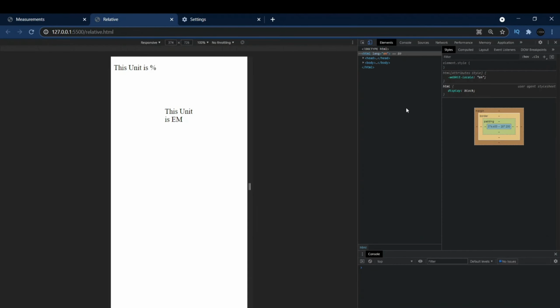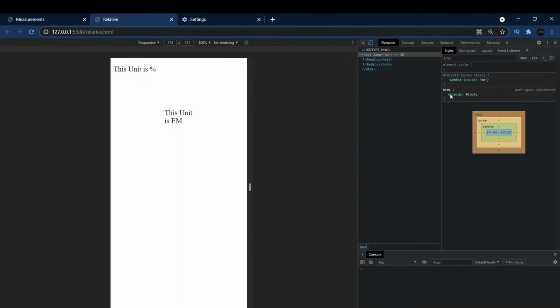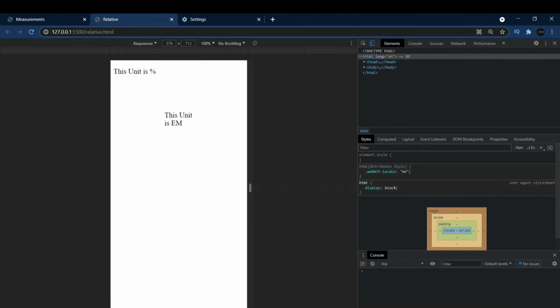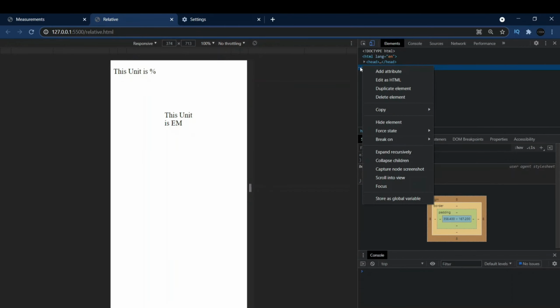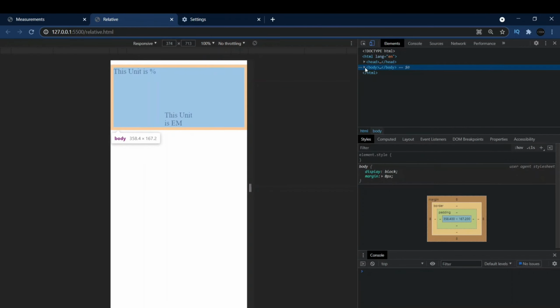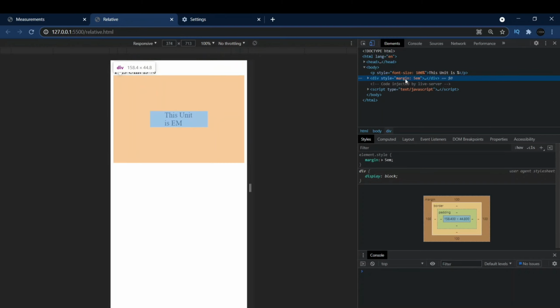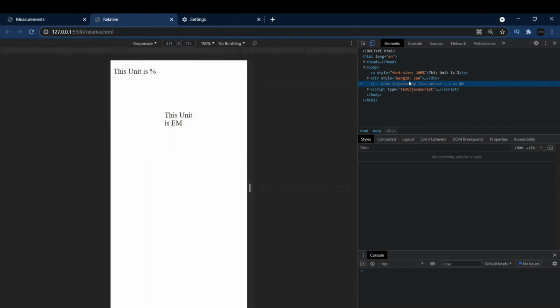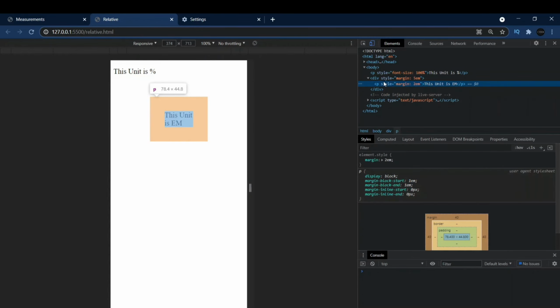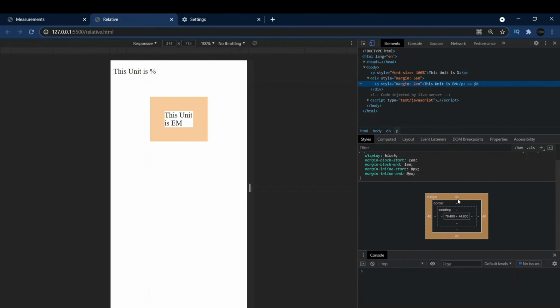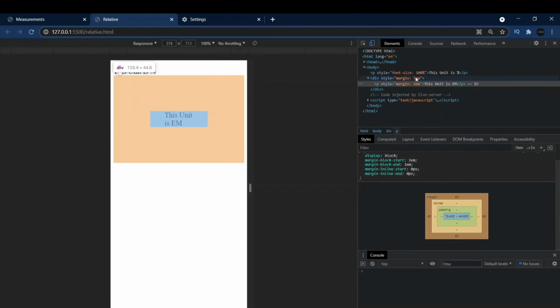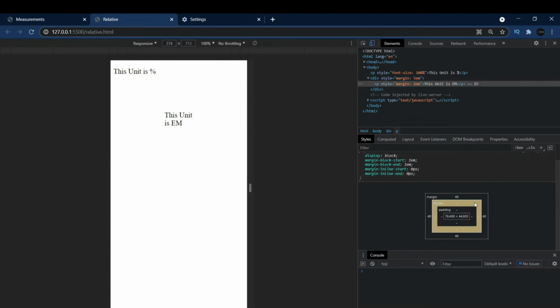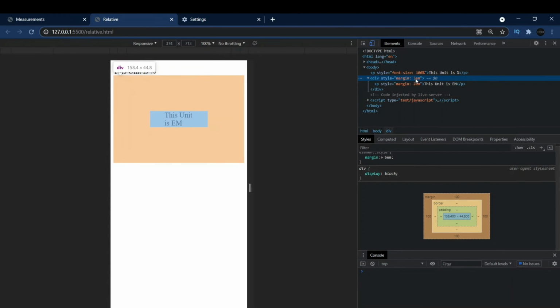Large. Let's see. Now it is okay. So here, if you check out this div inside the body part, and we open this up, we have this p tag. If you check the margin that we have, it is 40. But if you check what margin it actually has, it will have 5 EM plus 2 EM. So total it will have 7 EM of margin.